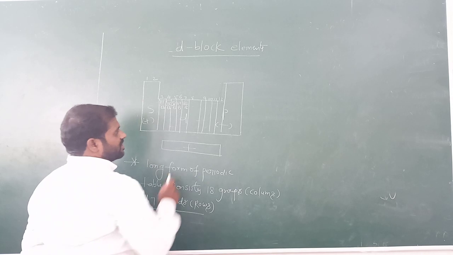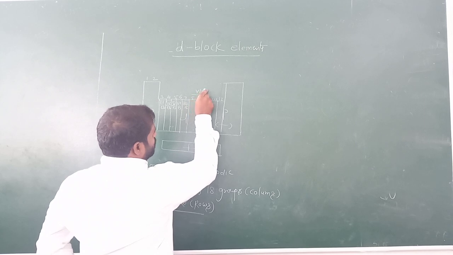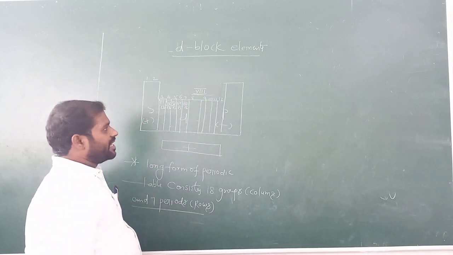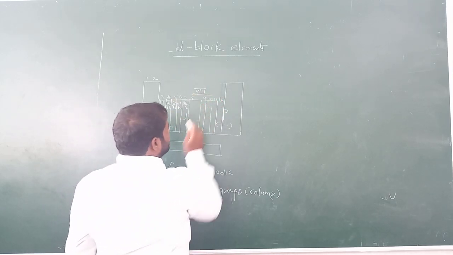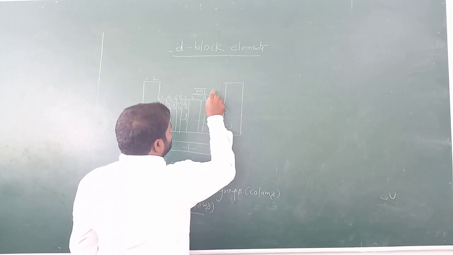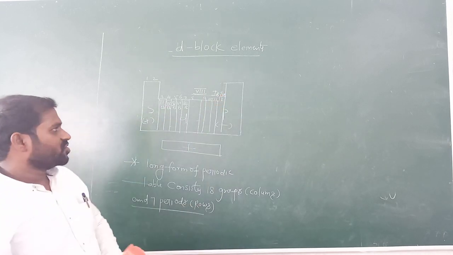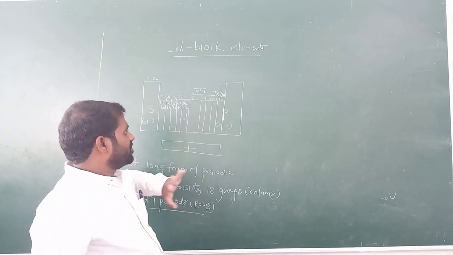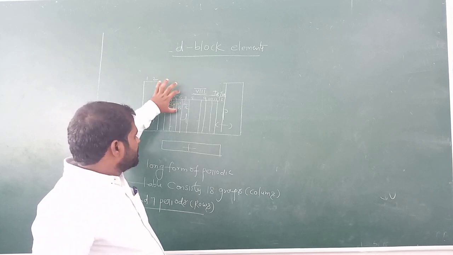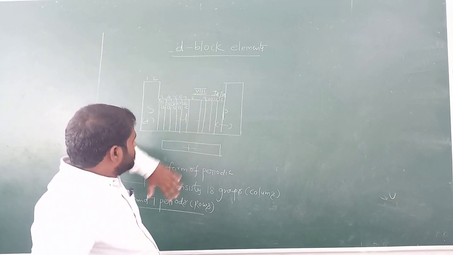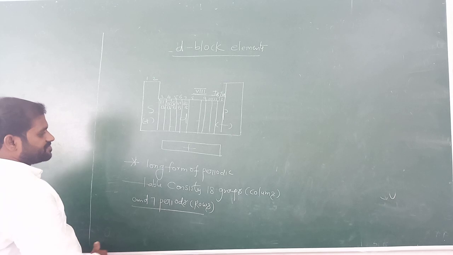These are d block elements. And here 8, 9, 10 are considered as the 8th B group. These three groups belong to 8th B, and this is first B group, and this is second B group. First B, second B, remember this. The 11th group is called first B and the 12th is called second B. These three belong to 8th B. And 7th group is 7th B. These are the groups from top to bottom. These are the periods. Remember this.